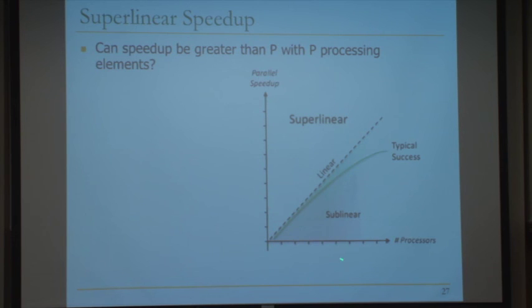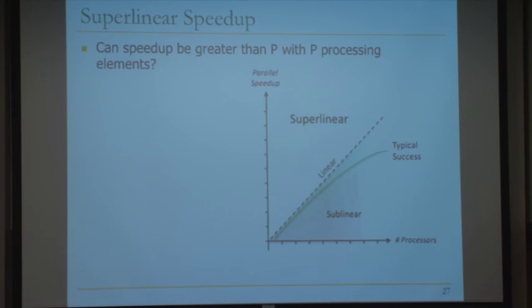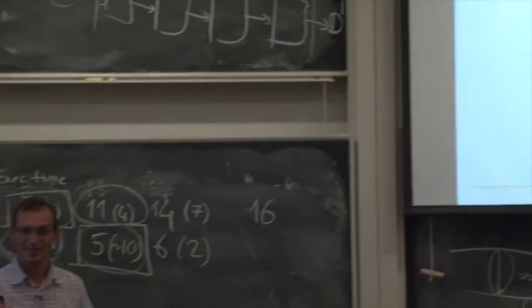And this is a pictorial depiction of it. Number of processors, the parallel speed up you get, linear curve is this. Superlinear means your speed up increases superlinearly. Typically, the speed up curve looks like this. It's sublinear. As you add more processors, your speed up gets diminishing returns. In fact, after some point, it goes down, and we will see why it goes down. Well, why does it go down? Because of all those 3 things that we discussed: resource contention, synchronization overhead, load imbalance. And also, synchronization overhead consists of sharing data somehow and moving data around. We will get to that.